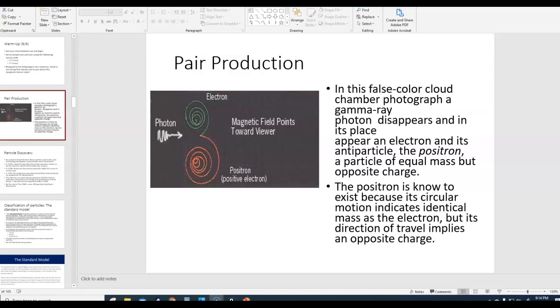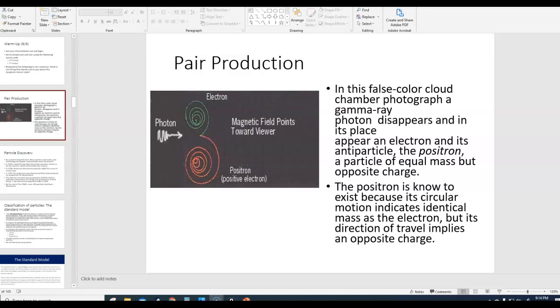Okay, so in the last video we introduced topic 7.3, and we talked a little bit about the motivation behind the study of particle physics, as well as the discovery of the first antiparticle, which was the positron. And we looked at an image of this, and hopefully you got to see the video of the makeshift cloud chamber where you can see the tracks that different invisible particles make. So once we gained the ability to actually see these invisible particles, we started discovering a lot more of them.